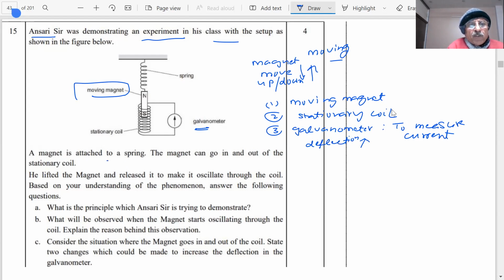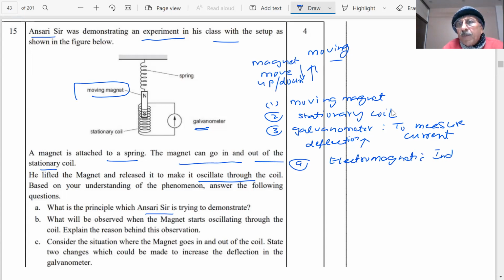A magnet is attached to a spring. He says the magnet can go in and out of the stationary coil. He lifted the magnet and released it to make it oscillate through the coil. The magnet is oscillating because there is a spring, moving up and down. What is the principle which Ansari sir is using to demonstrate, student? Answer A. What principle have you studied, student? Electromagnetic